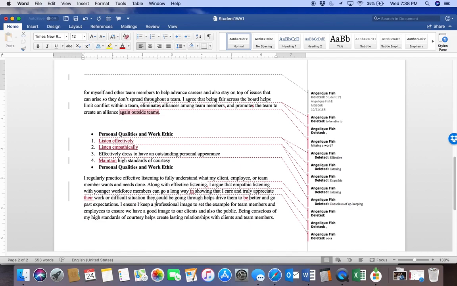I ensure I keep a professional image to set the example for team members and employees to ensure we have a good image to our clients and also the public. That's a little wordy too. So I ensure I keep, so it could just be like, I keep a professional image to set the example for team members, employees to ensure we have a good image to our clients. This to ensure part, I keep to set the example for team members. Maybe we just say the importance of having a good